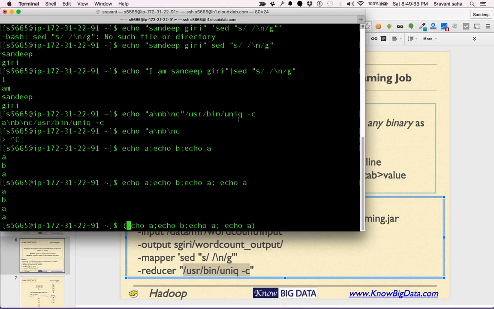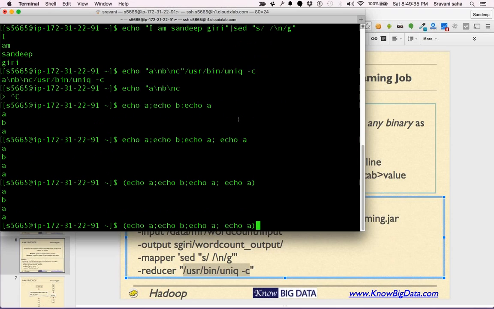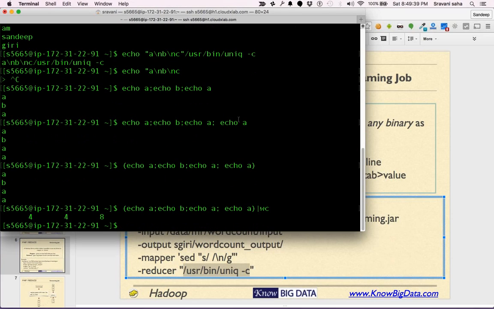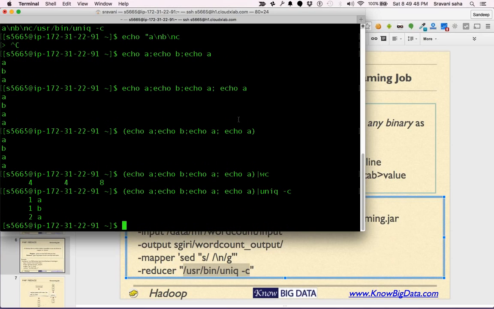If I group it together and pass it to something like WC, it'll count the total number of words, but it will not do it on a per-frequency basis. Now you can see that uniq minus c has counted the second two A's as 2, but it has not counted the first A. So the uniq command only works if the data is sorted.